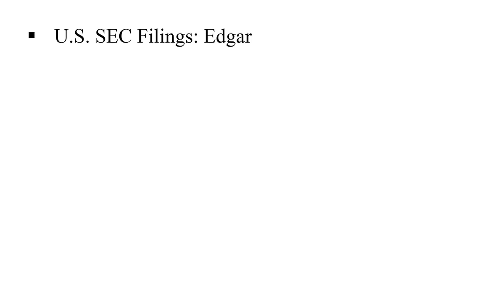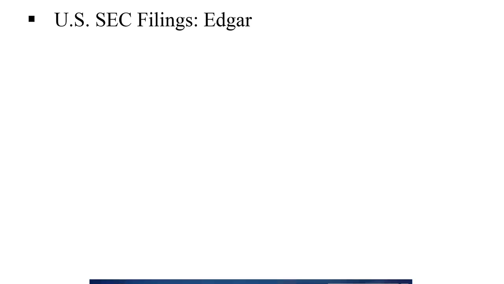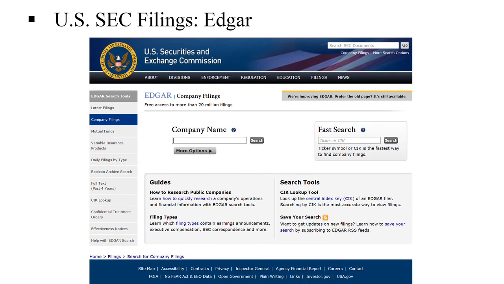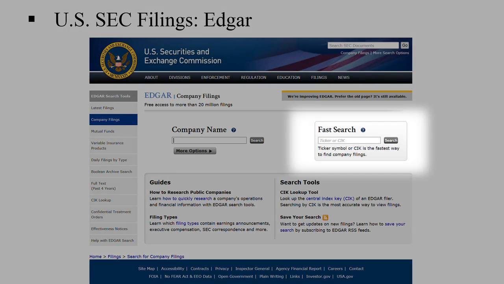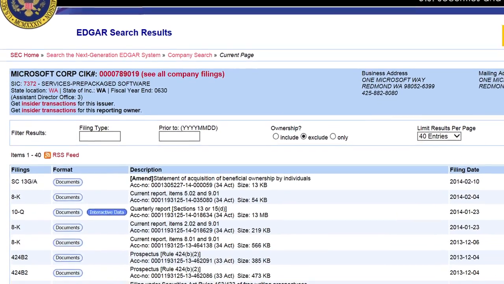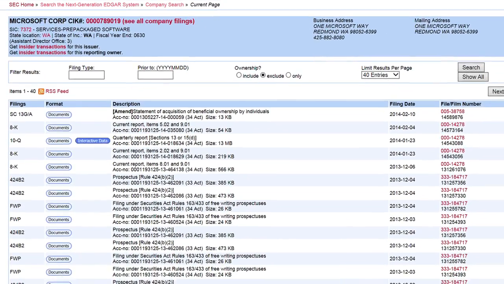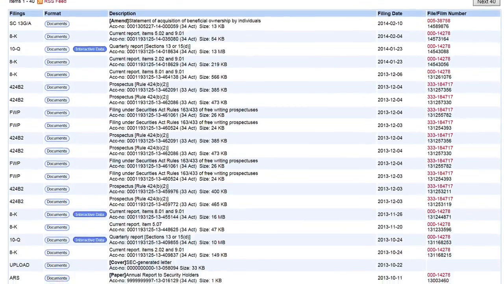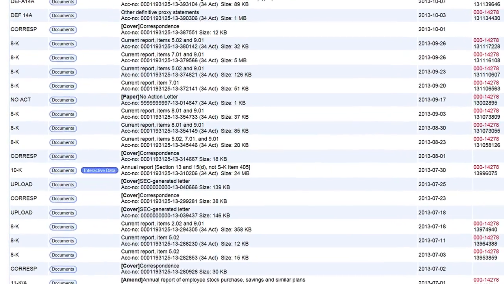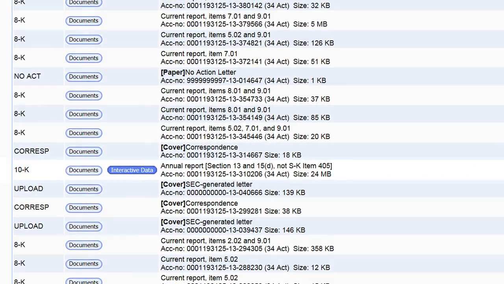To get the SEC filings for the firm, you go to the EDGAR database. Just do a simple search and you'll find a link to EDGAR for the SEC. When you first pull up the SEC site, you have various ways to search for the company filings. I'm going to use the fast search method by putting in the ticker symbol for Microsoft, MSFT. That brings me to a page that lists all the filings that Microsoft has made. I'm looking for the financial statements or the 10Q or 10K filings. So if I navigate down this page, I can locate the company's most recent annual disclosure of their financial statements